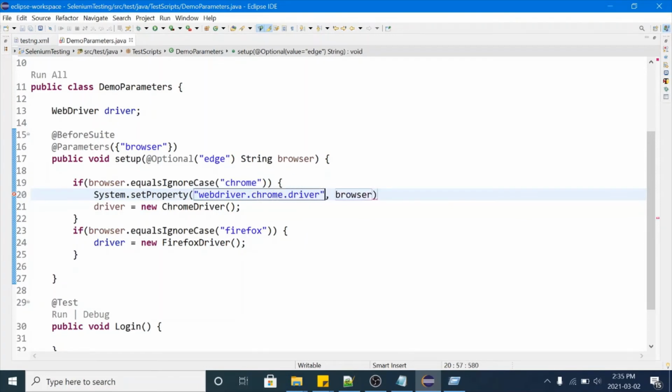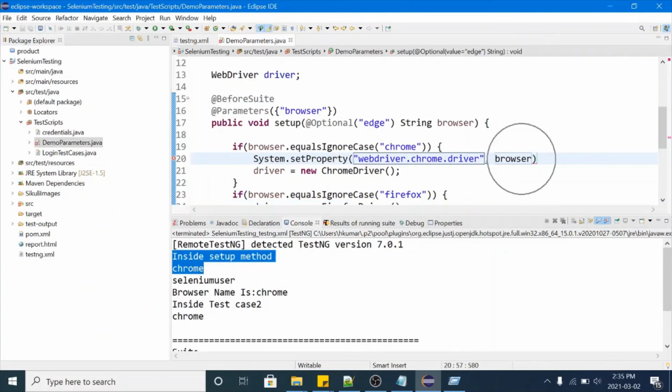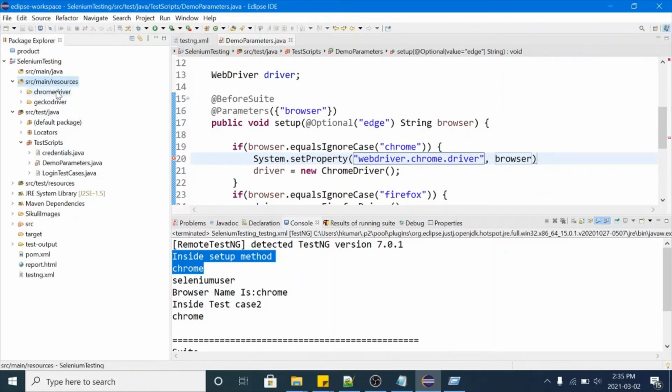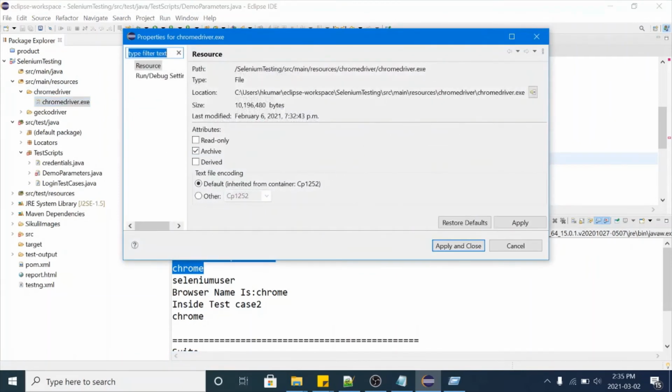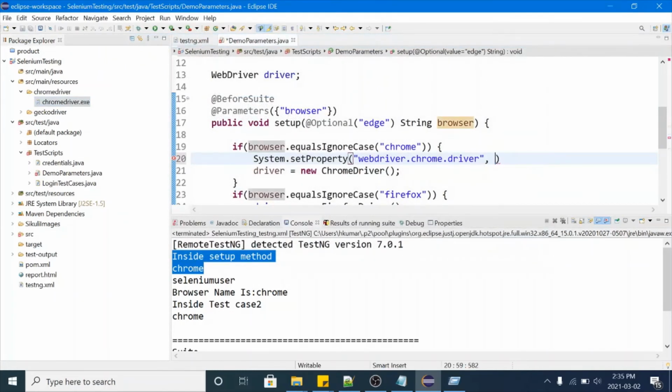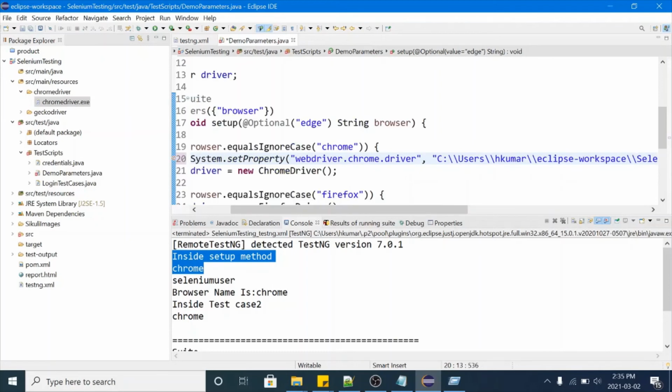And we need to pass the path of the exe file, chromedriver.exe file. We have the chromedriver.exe file in our resources folder. We'll just copy the path from here, paste it here, and put a semicolon at the end.